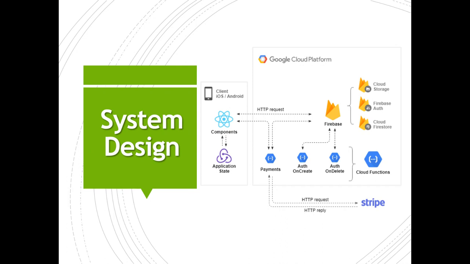So based on all these requirements, we came up with the following architecture. We decided to go with a serverless architecture, which is heavily based on Google Cloud Platform. The main parts on this diagram is Firebase, which is going to provide us on the backend with authentication, real-time database access. It's also going to allow us to have a storage, which we later use for images and so on, so the users can have.